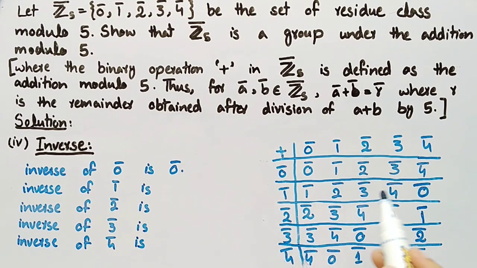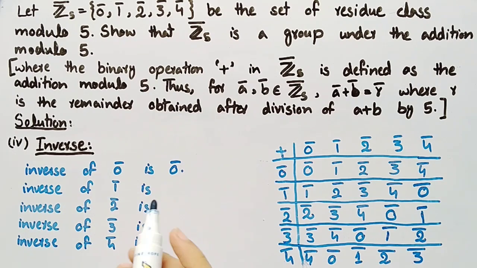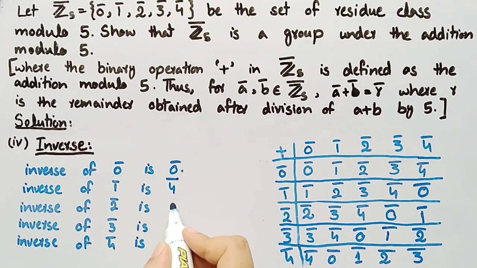When we add 1 with 4, we get the identity element 0, which means that the inverse of 1 is 4. When we add 2 with 3, we get the identity element 0. So it means that inverse of 2 is 3. When we add 3 with 2, we get the identity element 0, which means that inverse of 3 is 2. When we add 4 with 1, we get the identity element 0, which means that the inverse of 4 is 1,